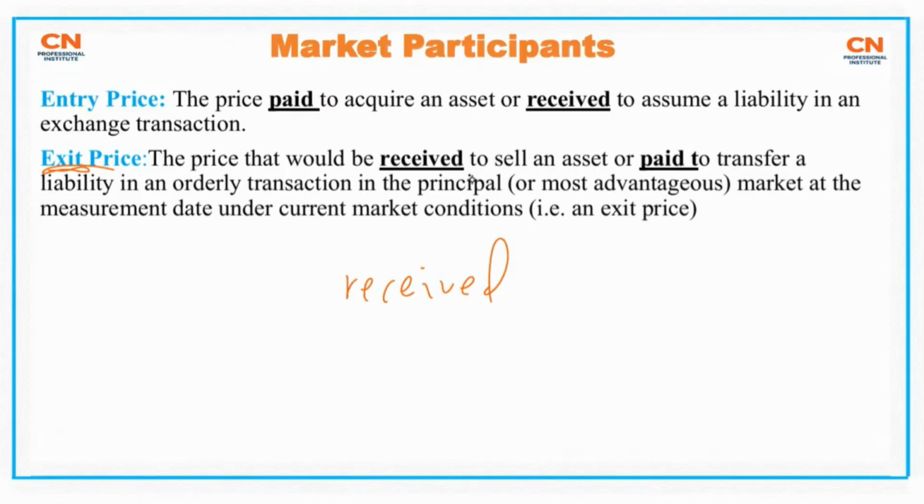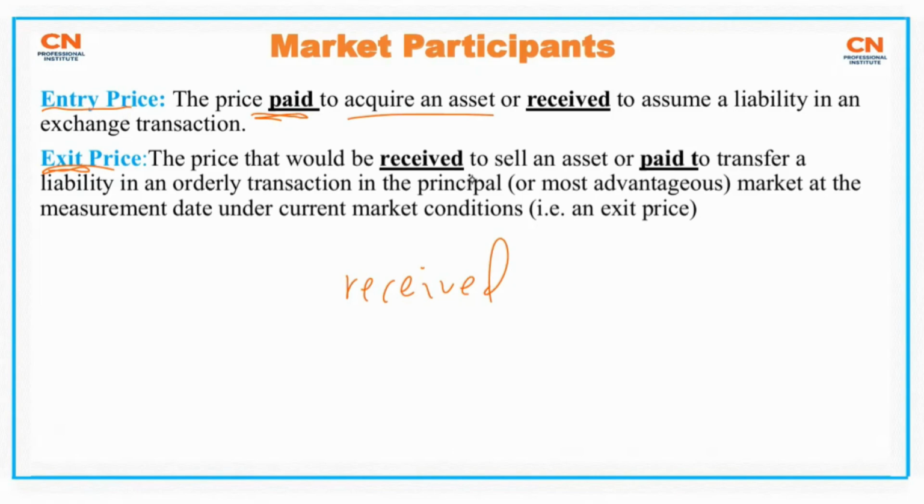Okay. And then with the entry price, it is the price that you are paying to acquire the asset. So if you are buying the asset, you are entering the market. You have the asset now. So it's entry price. So entry price is the price that you pay to acquire the asset, or you receive to assume the liability. Sometimes you can either transfer a liability or you assume it. If you remember the example I gave you, where the mining company transferred their decommissioning obligations to the environmental firm. They pay the environmental firm, so they are leaving the market. So it's an exit price. The environmental firm is now assuming the liability, so they are receiving. So to them, it will be an entry price.